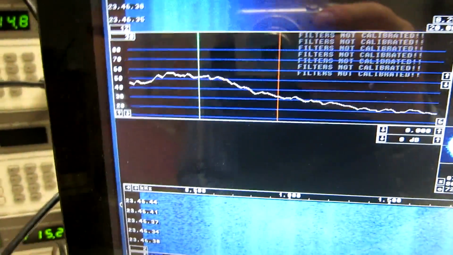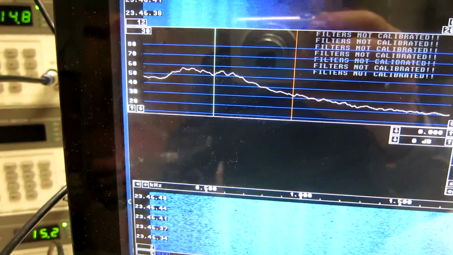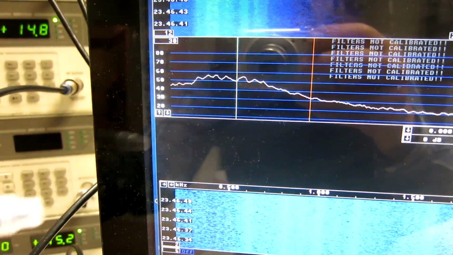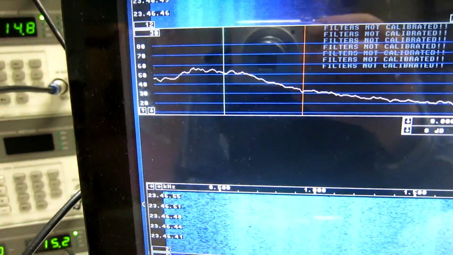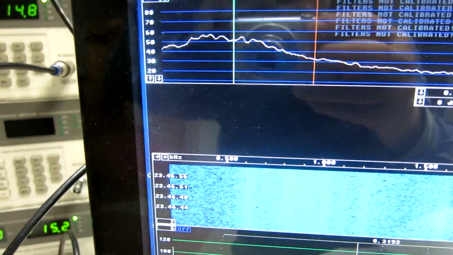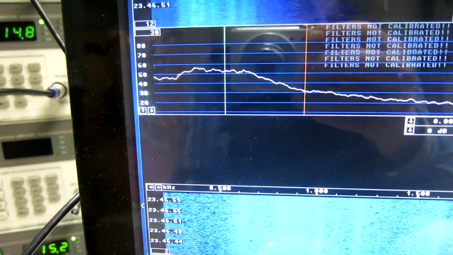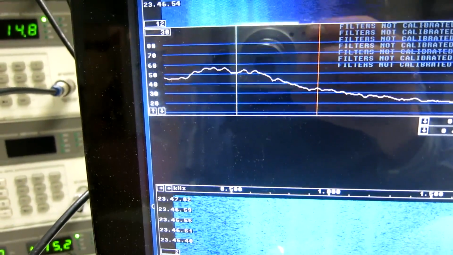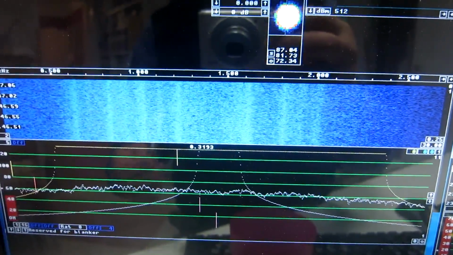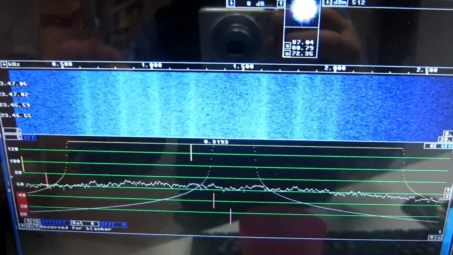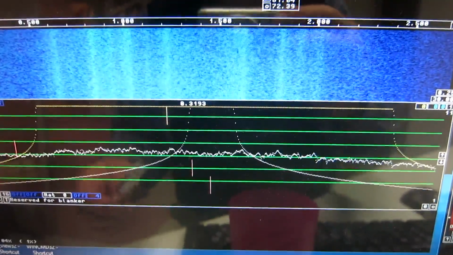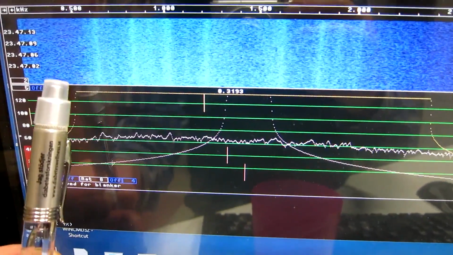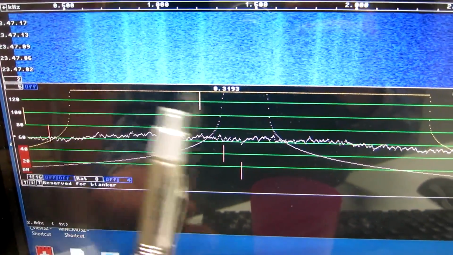The FT1000 doesn't look as nice. It's an analog receiver and it's not perfectly flat. Here is the passband and there is no signal. The close range centered around this green line looks like this, and I have selected exactly 2 kHz bandwidth from here